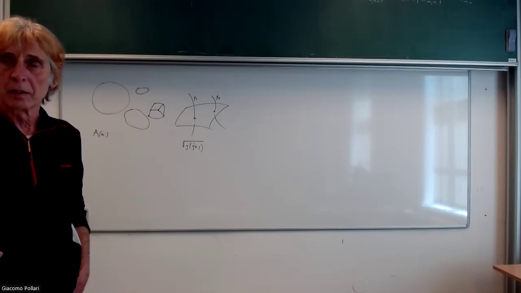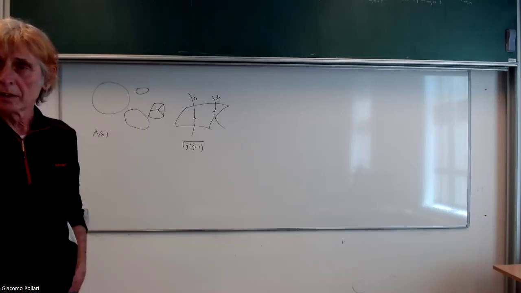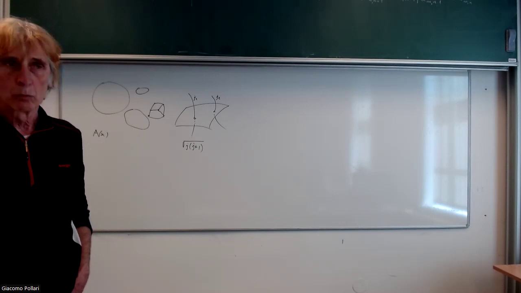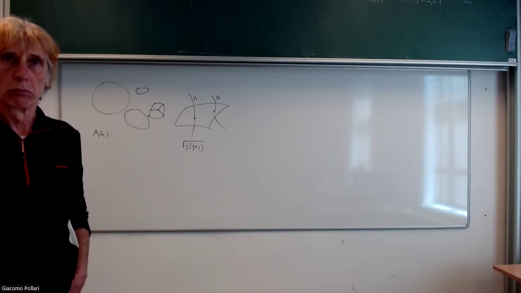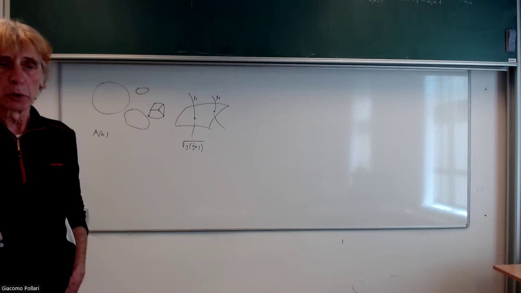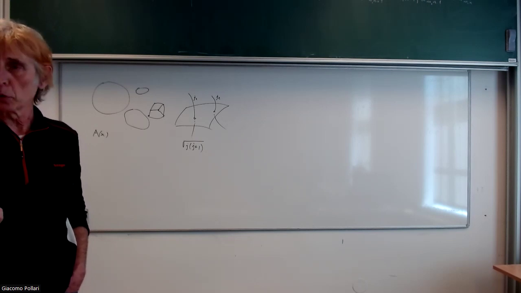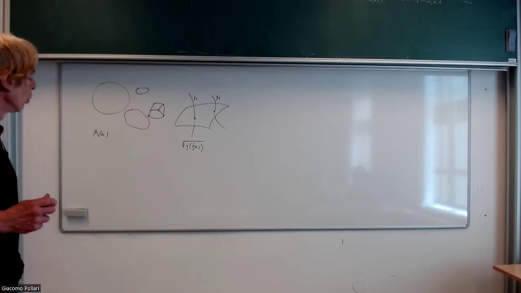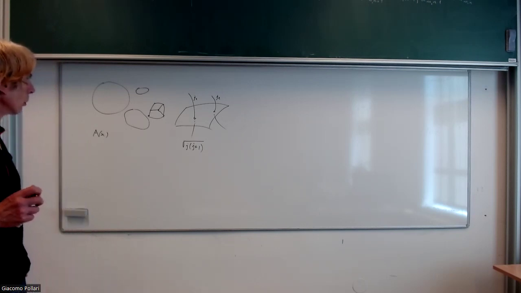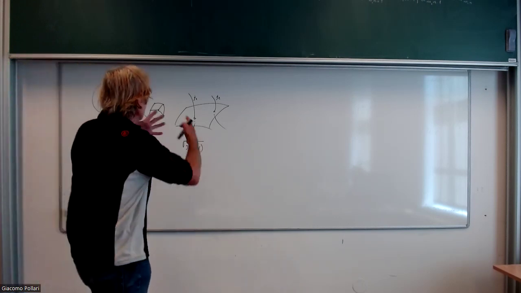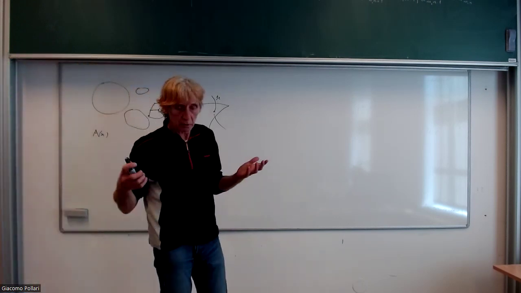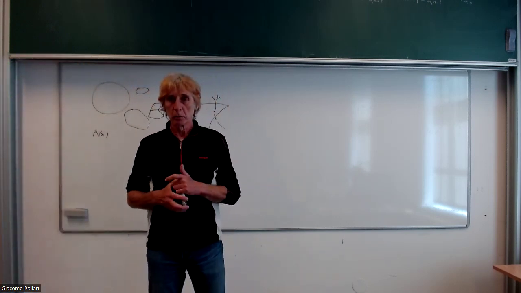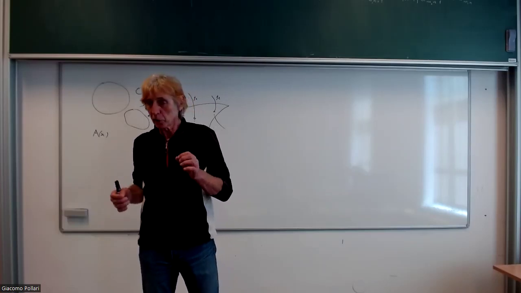So the classical limit should be that the Planck constant goes to 0. No, so it means that the Planck length goes to 0. Sorry, the Planck length goes to 0. But only if the area is large do you not see discreteness. The length is very small, and then